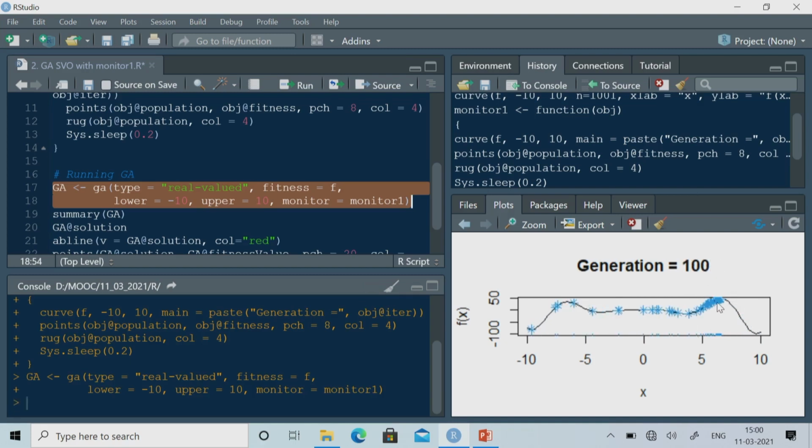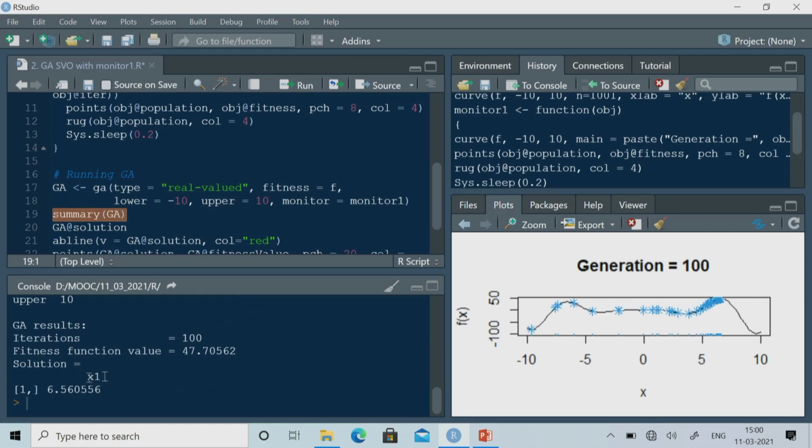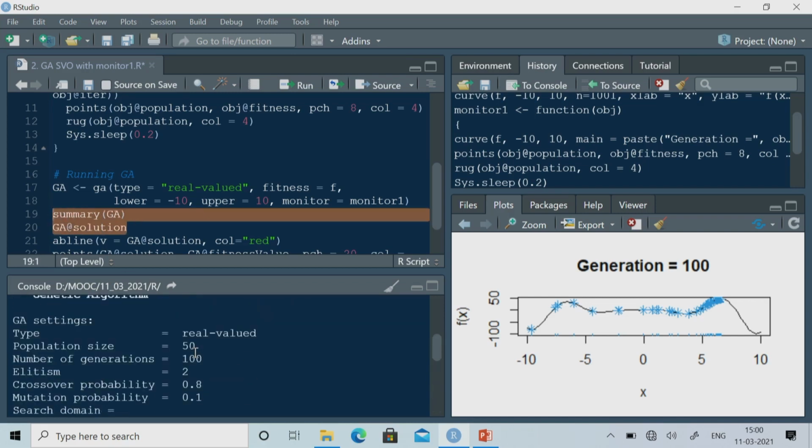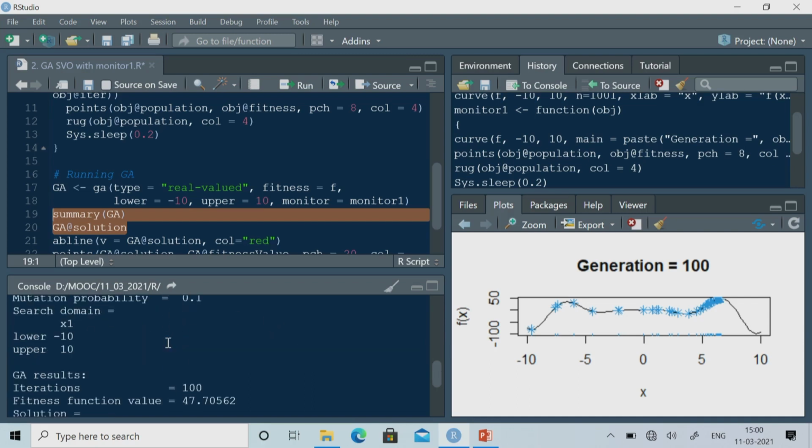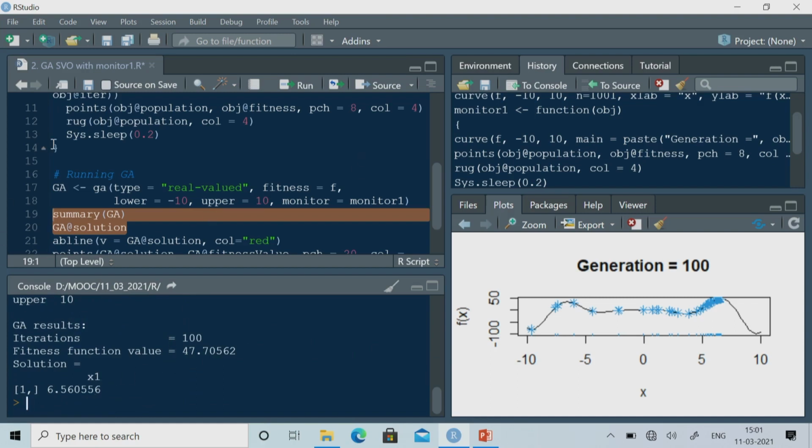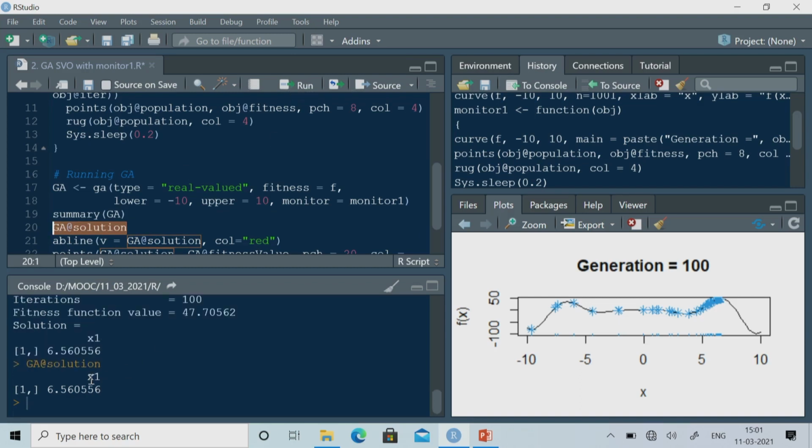Now you just see, this is the solution we got. I can see the summary. This is the solution you got, 6.560556, and I can see the ZA solution. In the summary you can also see the other things. We have used real value, population size 50, number of generations 100. Crossover probability and mutation probability we didn't change, so default values have been taken, and finally you got the solution. And then in the ZA solution you can see the best solution you got, and the solution is